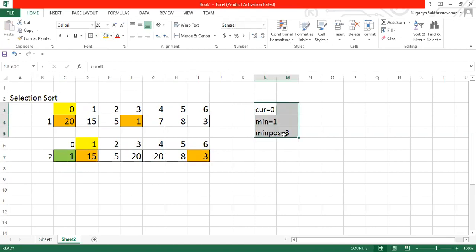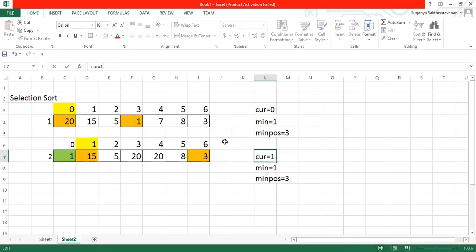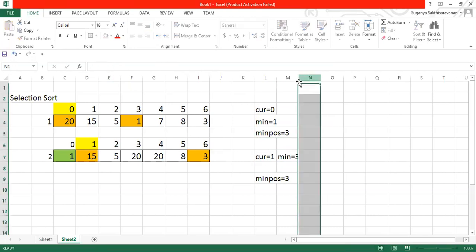Again, you're going to have this process. So you'll have the current position as 1, and the next minimum element is 3.